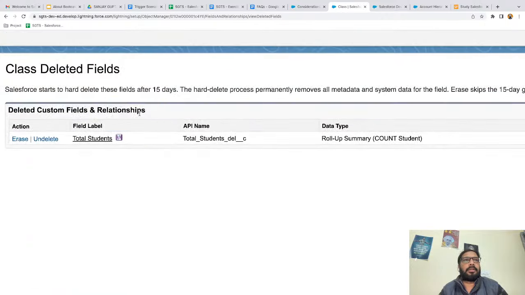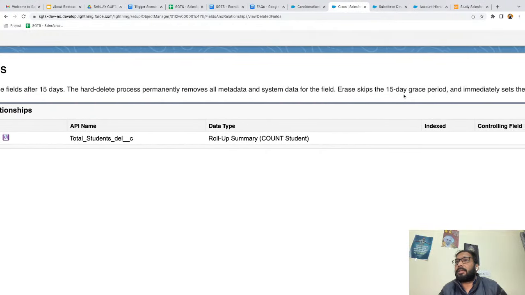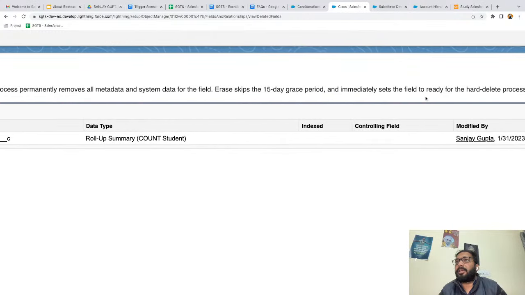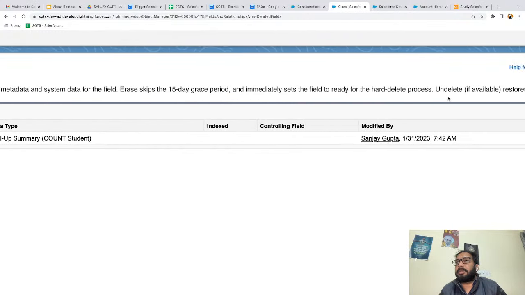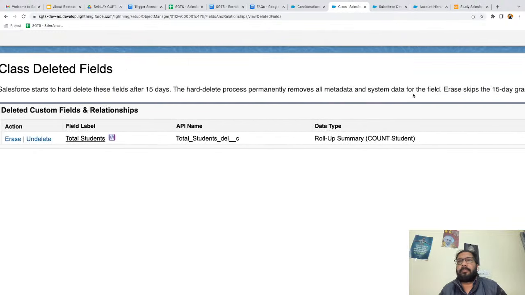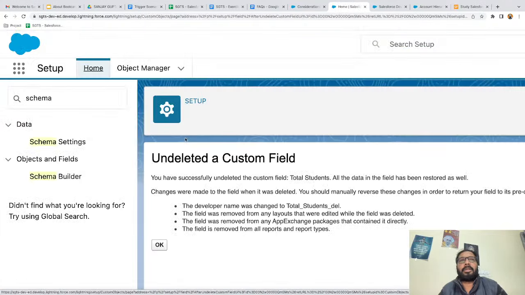Okay. So Salesforce starts to hard delete these fields after 15 days. The hard delete process permanently removes all metadata and system data for the field. Erase skips the 15-day grace period and immediately sets the field to ready for the hard delete process. Undelete, if available, restores the field, right? So if you undelete, it will be restored,